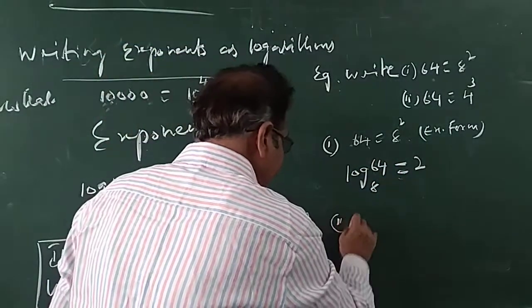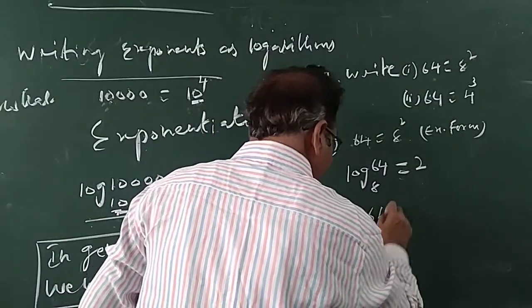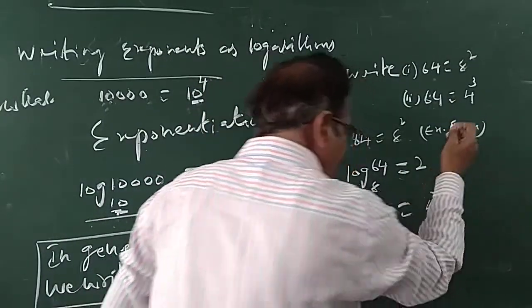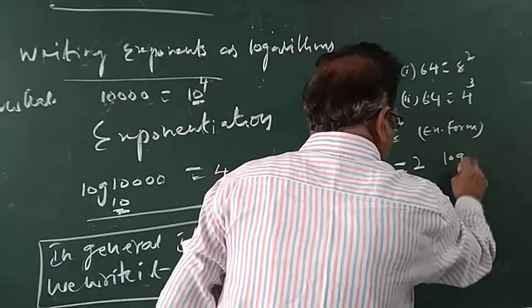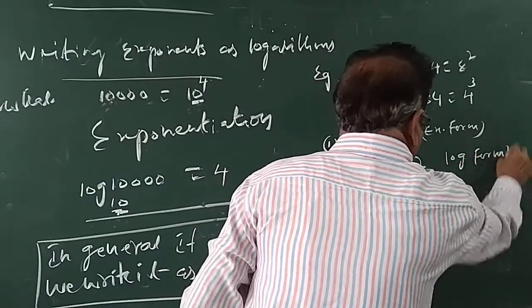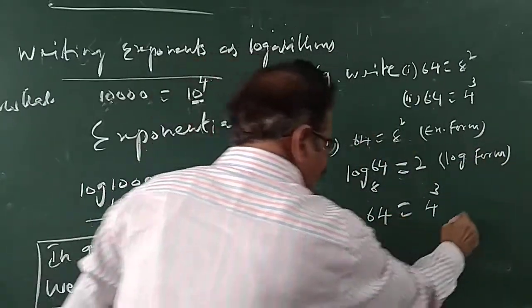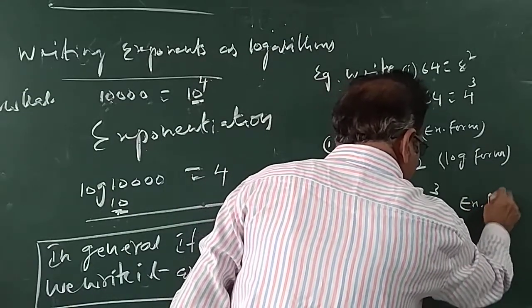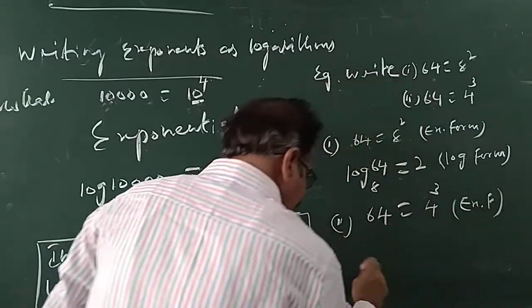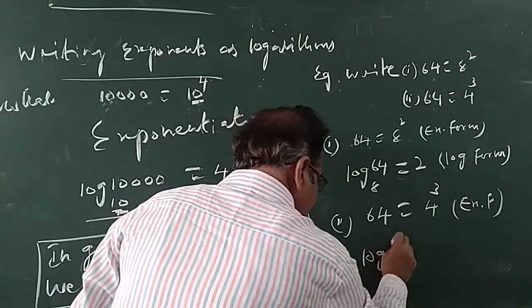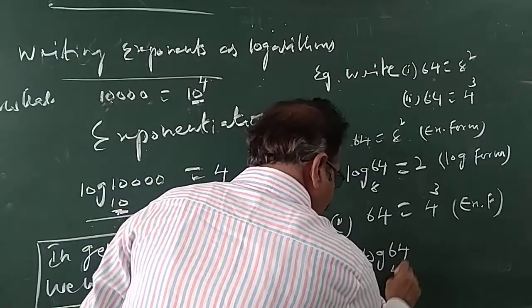Similarly, let us consider the second one. 64 is equal to 4 cubed also. This is the exponential form. Write it in the logarithmic form. Log 64 base 4 is equal to